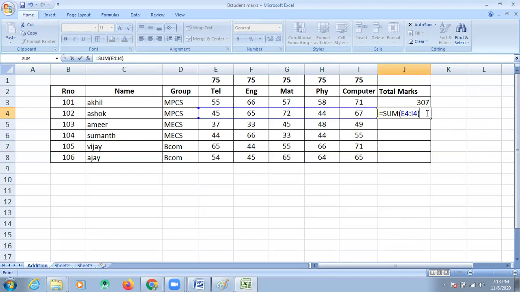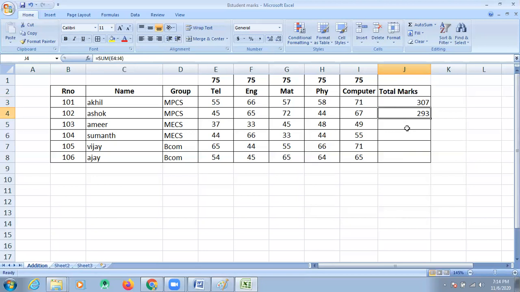Control Z, equal, enter. Okay, formula of that selected cell. On the cell J3, we entered the manual formula, and on J4 we entered the predefined formula. Both are used for adding numbers.